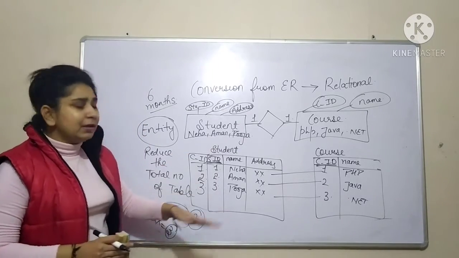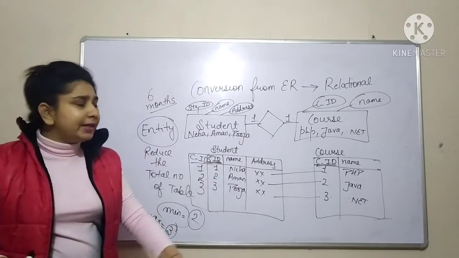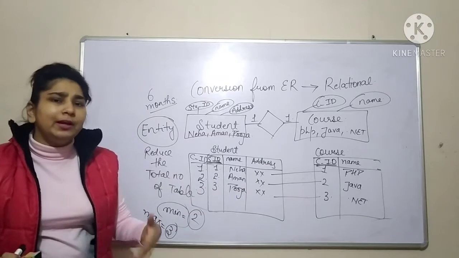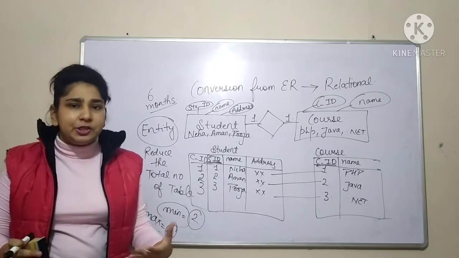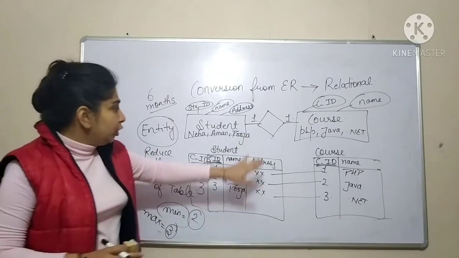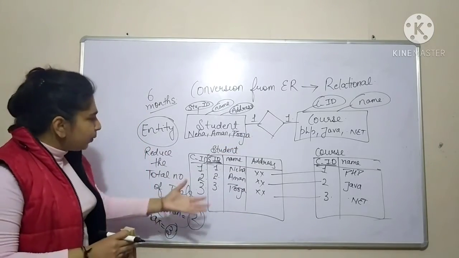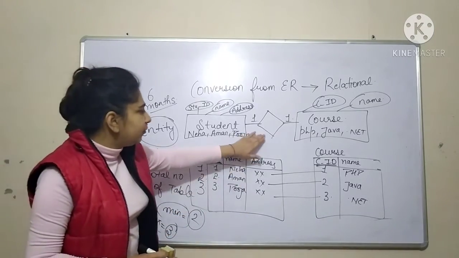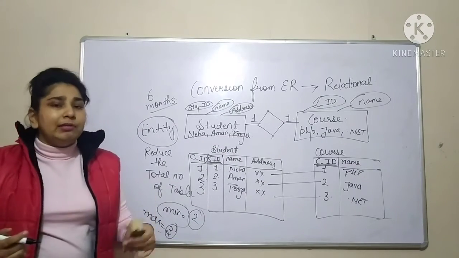Okay, in this case, if you look, we don't have the requirement to make the extra table for the relationship. So we are not making it. When we will be discussing many-to-many relationship, in that case, we have the necessary condition to make the separate table for the relationship. In this, we don't need to make the extra table for the relationship. But still, if you want to make it, you can make it.